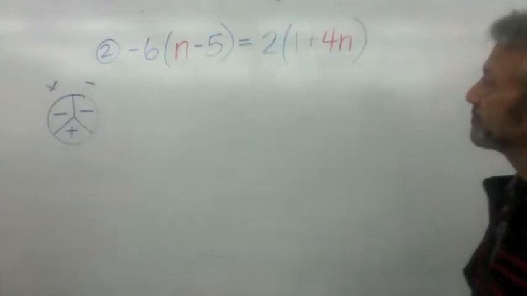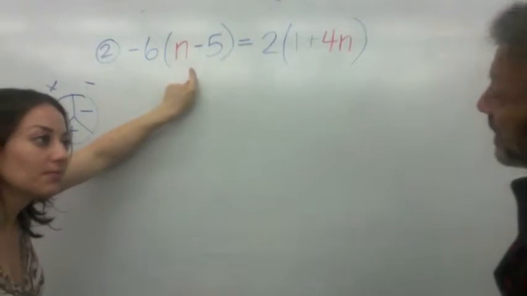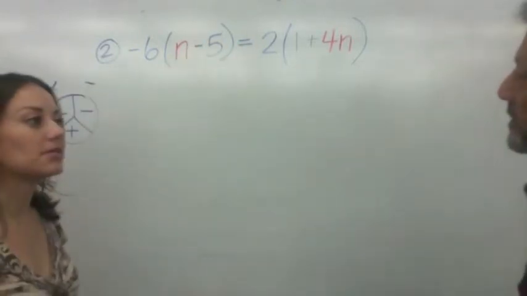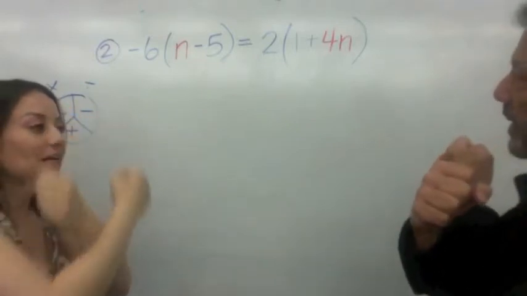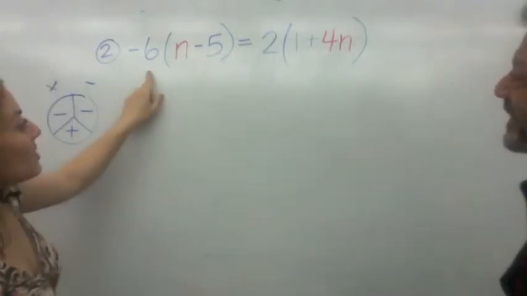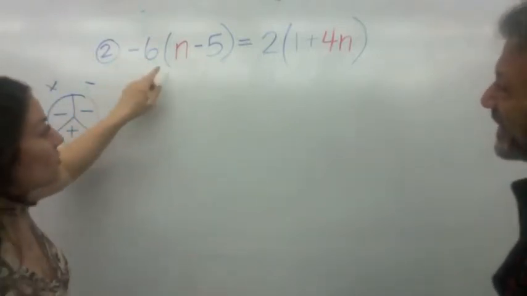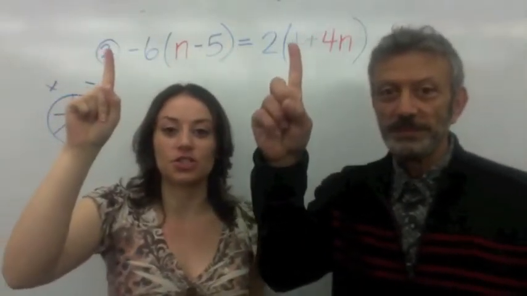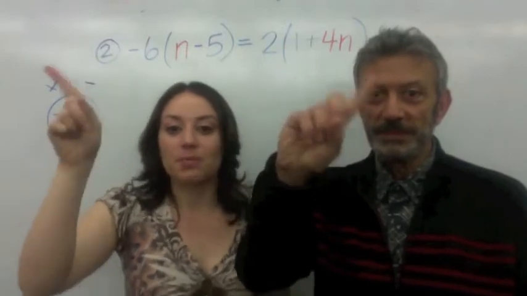Very good. So do you have parentheses on the left side? Yes. Do you have parentheses on the right side? Yes. What do you do when you see parentheses? You multiply. That's right. So what this is called is when there is a coefficient outside of parentheses, you have to hold up your finger in there. Here's what you do. I'm going to teach it to you. You say distribute,